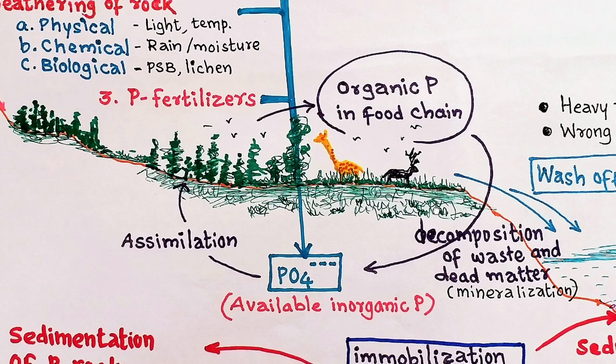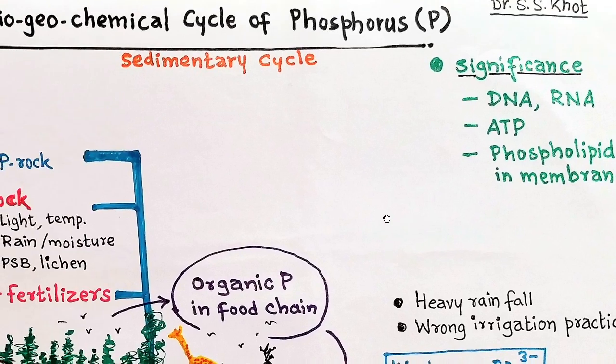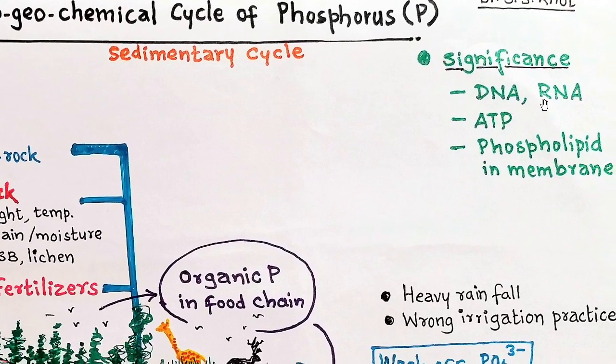The phosphate is utilized for the synthesis of nucleic acids, namely DNA and RNA. These are polynucleotides and each nucleotide has a sugar, a nitrogen base and a phosphate. Similarly, the energy currency adenosine triphosphate has three molecules of phosphate. And in phospholipids, phosphate is one of the constituent elements.